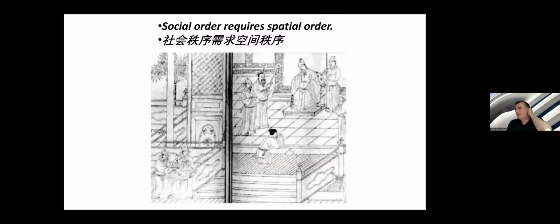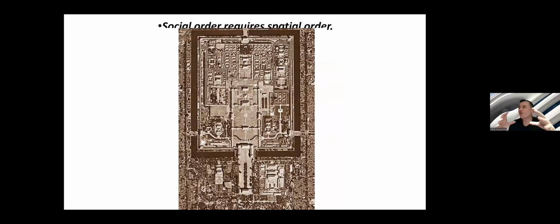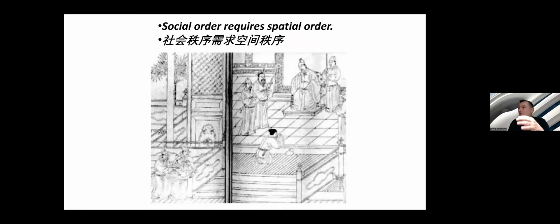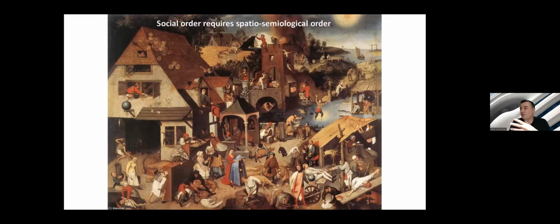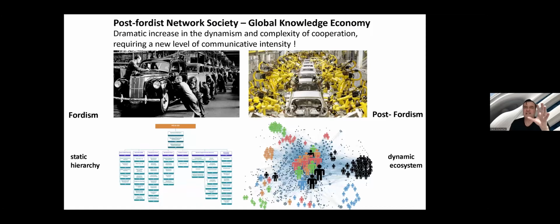Anyway, so this idea of social order requiring spatial order, not only on the city scale, but down, of course, to the individual building and courtyard and furnishing scale as well, because then you also need to structure the interaction process and marking out zones and establishing a configuration for certain interactions to take place, and it's never a free for all, but it's always structured by these institutions which have embodiment in physical arrangements.